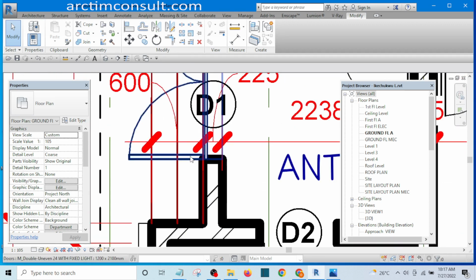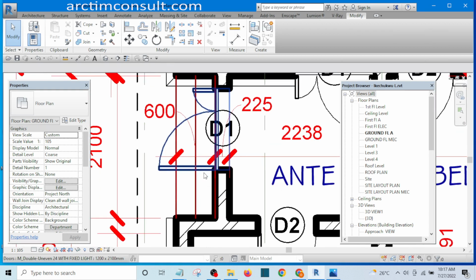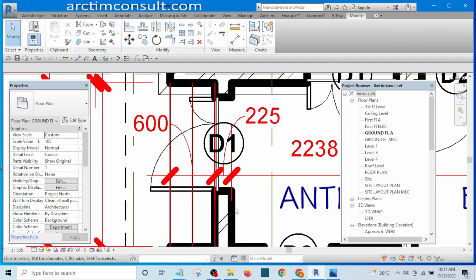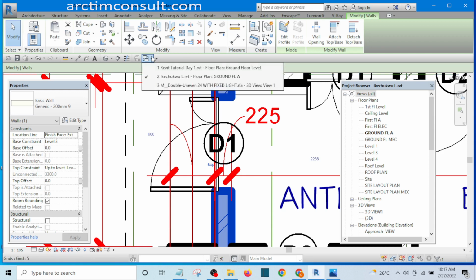What is the host to the door? The host to the door is the wall. So if I want to copy this wall to another project, what I will do is select this wall and copy it to the clipboard, then go to the project I was working on